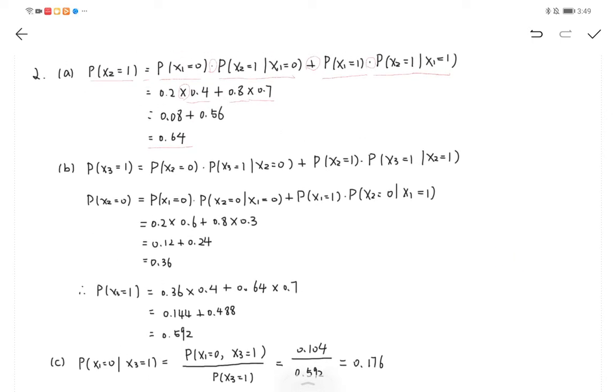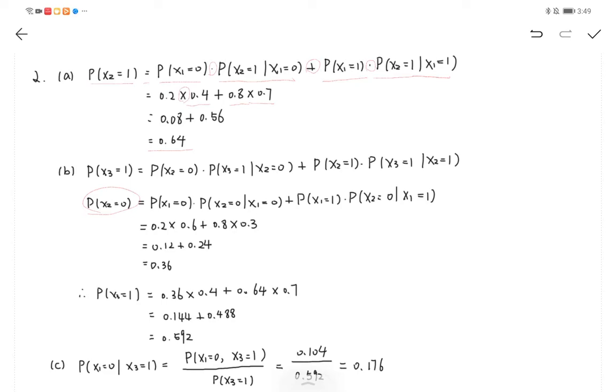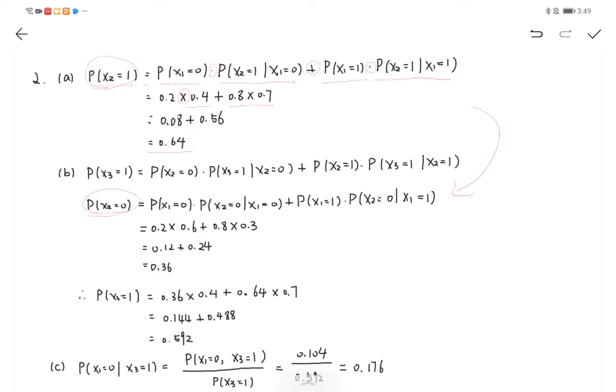So the second problem is to find the probability of x3 equals 1. It is very similar to the first question, and we can use the same method. But question 2 is a little bit more complex because we should count the probability of x2 equals 0 first. Like in question 1, we can know the probability of x2 equals 0 is